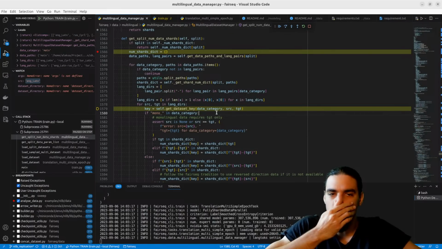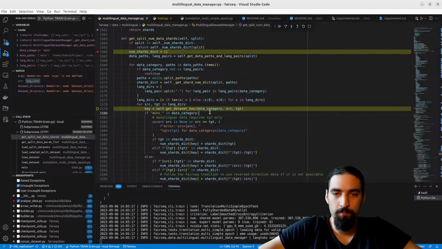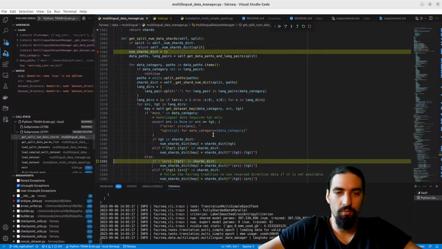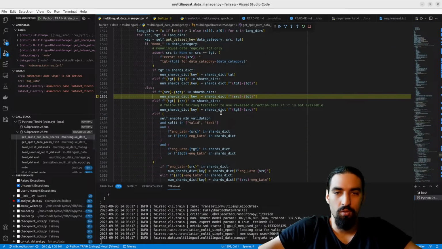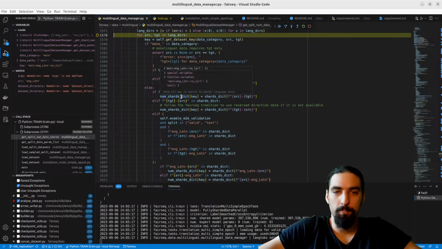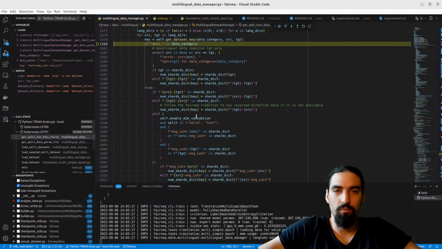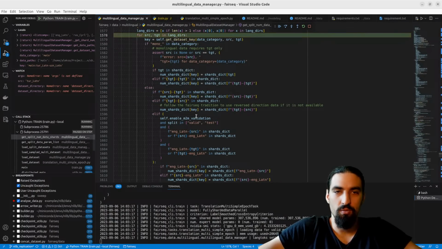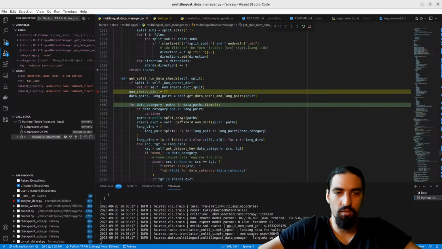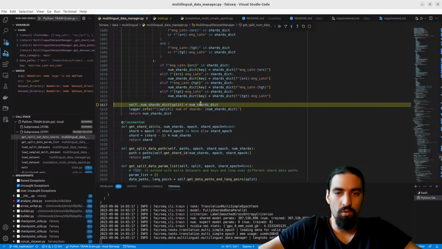Let's continue here. Get dataset key for category main source to target. Repeat this. Exit. So we have one shard and one shard.